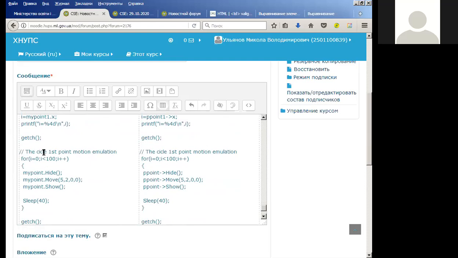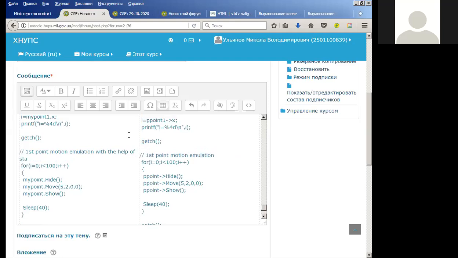The cycle of the first point motion emulation, with the help of